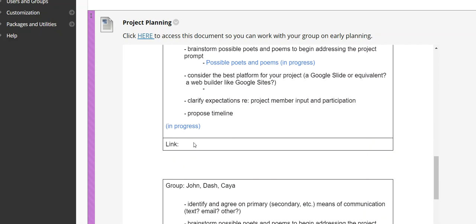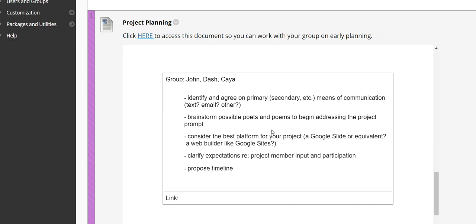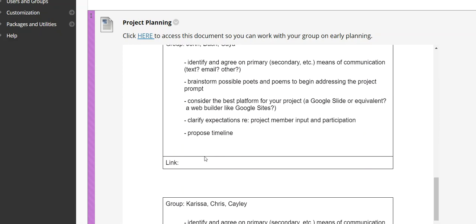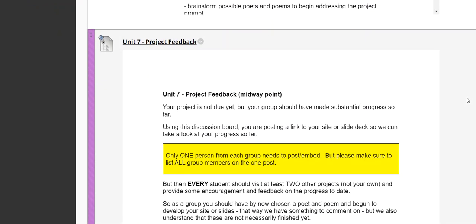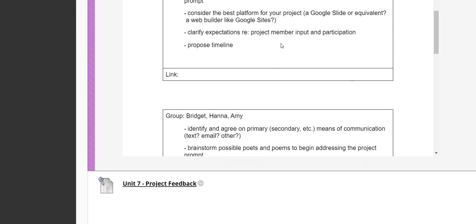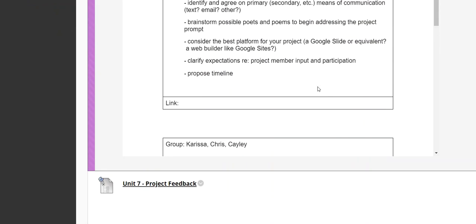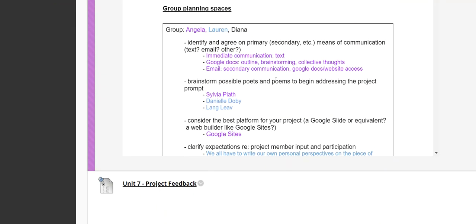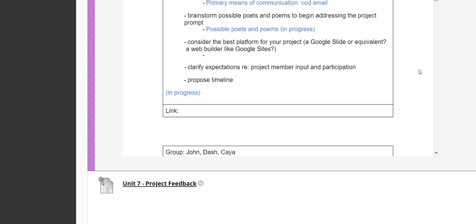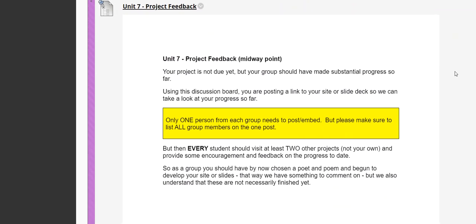You'll notice again that there's that space for the link, so as you begin to build this stuff, go into the document and add all this stuff together here. So what's due for this week, in addition to each member of the group being in here, which is why it's really clever of this first group to color code stuff so I can see who's jumping in, is, sorry, scroll down to the next thing.